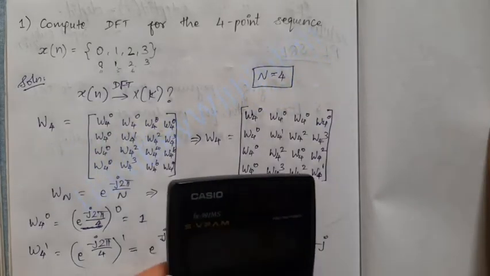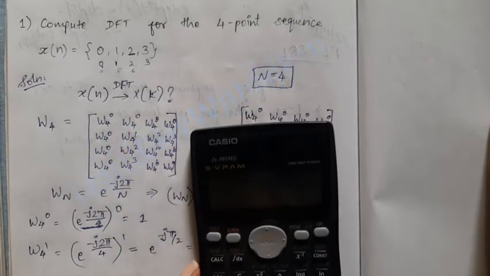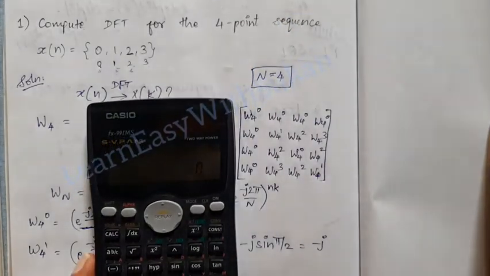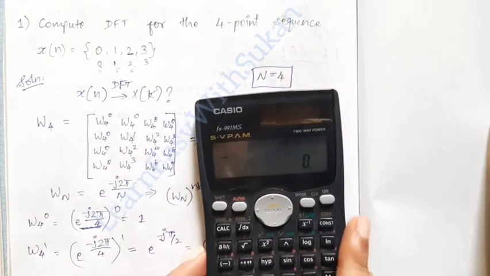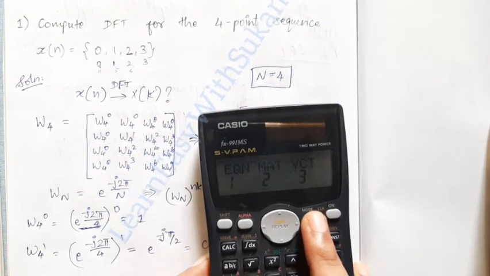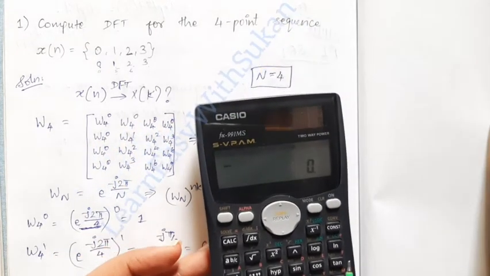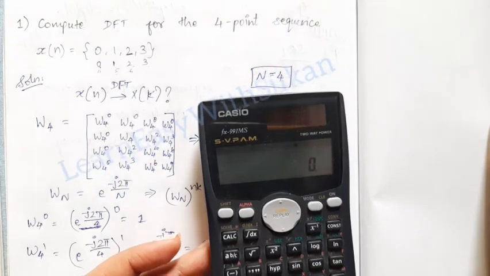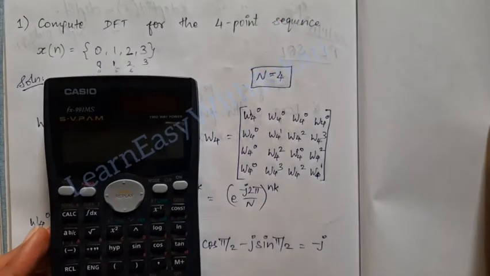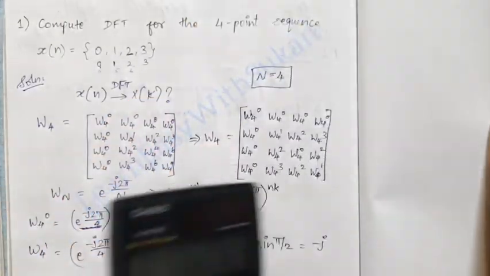So let us see how to do this in the calculator also, because for other sums we need to know. So set your calculator in the radian mode for solving this part. I am setting it in the radian mode. So press mode, again mode. I am pressing 2. It is now in R. See here it is R. So it is set in the radian mode. Now you can give the input.